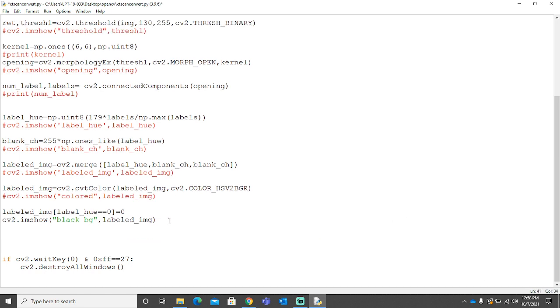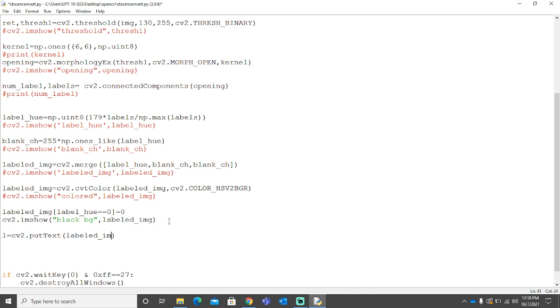Right now we need to do the last step, which is naming all the parts properly. Let's do cv2.putText and then label, image. Okay, and lever is the text, and again I'll be putting the coordinates. I need to place it at 5 on the x-axis and at y-axis because it's a two-dimensional image. Okay, that's done.